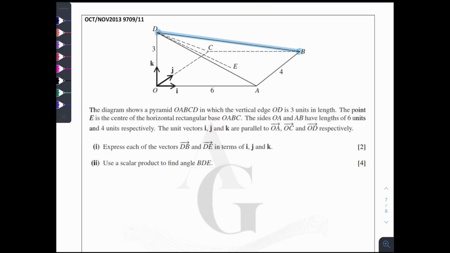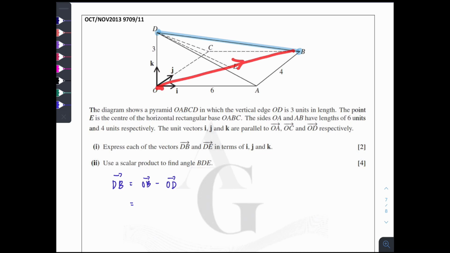You have to describe, using the IJK direction, how you move from D to B. From D to B in IJK direction. If you feel that it's a bit hard to see in this direction straight away, then you can actually split DB into OB minus OD. Then it will be easier, because OB means you have to move from O to B here in IJK direction,